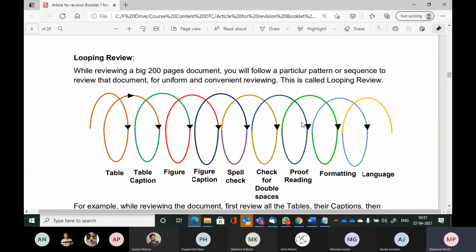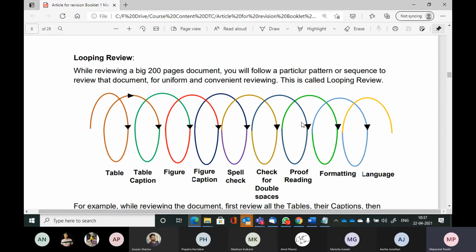So then you go and correct the misalignment of the table. Now suddenly you see a bulleted list with something missing or an alignment mistake. So you get into the bulleted list. Now suddenly you see a spelling mistake and whatever. So overall the process goes extremely haphazard when you are reviewing it.